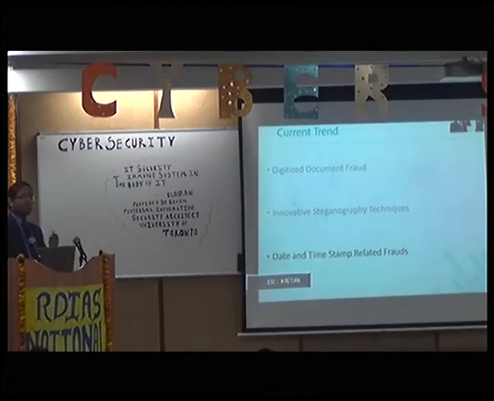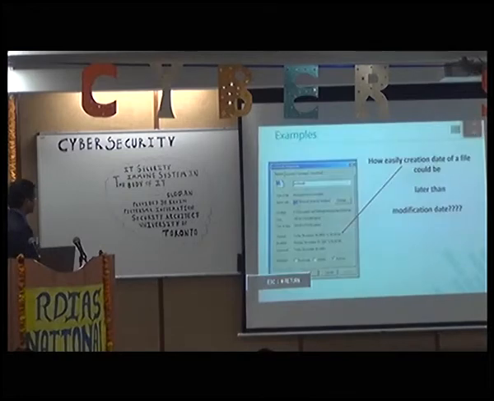All the existing forensic tools which are being used commercially today only give you data. They say, okay, on this hard drive, this is the data. This file has been created at this particular point of time, modified at this time, and accessed at this time. They do not tell whether this is right or not, right? In the file system, when I store a file, if you do a directory listing or go and see the properties, it will tell you this file has been created at this time, modified this time, accessed this time. But if you see here, it says this file has been created in 2003 but modified in 2001.